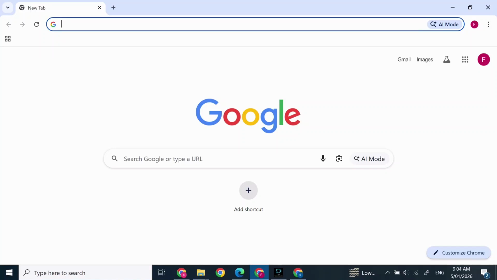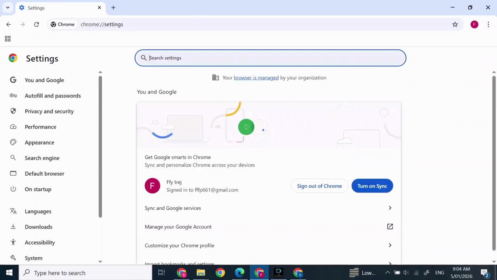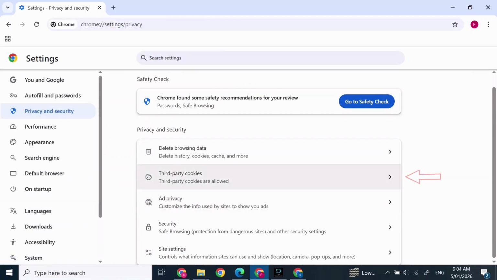First, open Roblox on your device. If it's not working, open Chrome and then click on the three dots at the top right corner of your screen and go to Settings. After you're in Settings, you will find this kind of screen pop up. Click on Privacy and Security on the left side. Then go to third-party cookies,